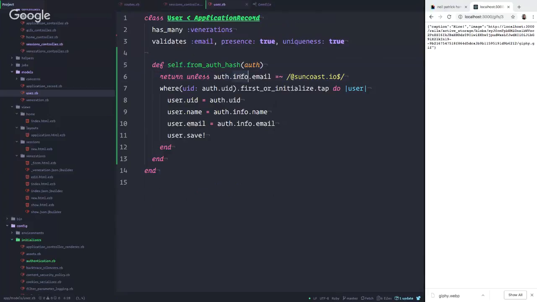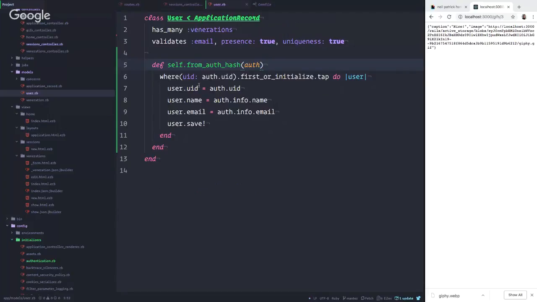So we don't want to do this. This other app is kicking out anybody who doesn't have a suncoast.io, right? So we're going to check that. It's going to say like this, where UID, that's a unique ID that GitHub is going to give us back. So where the unique ID, where UID is, and then this is the UID from GitHub,